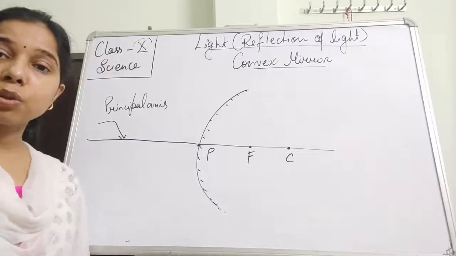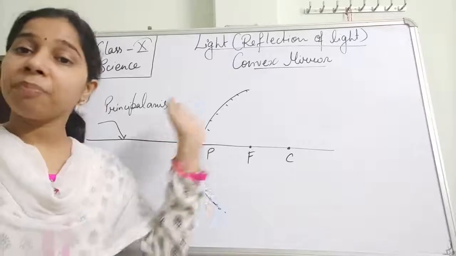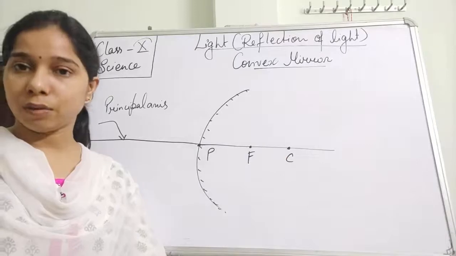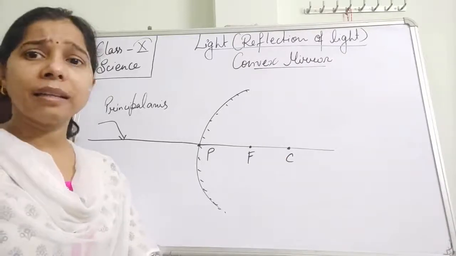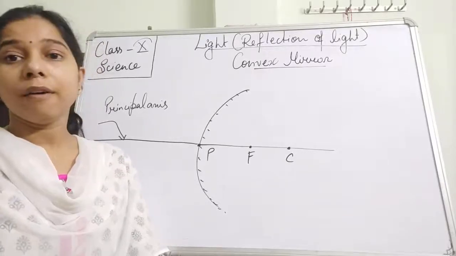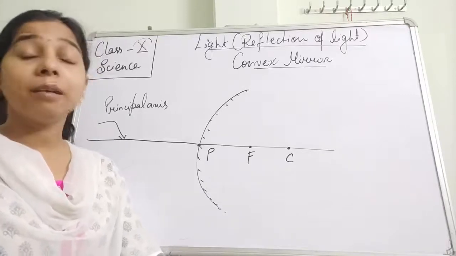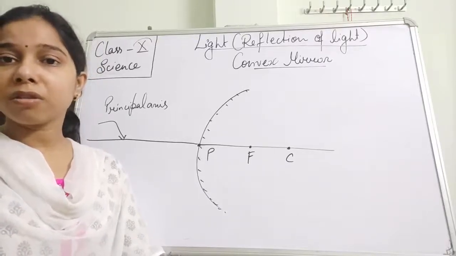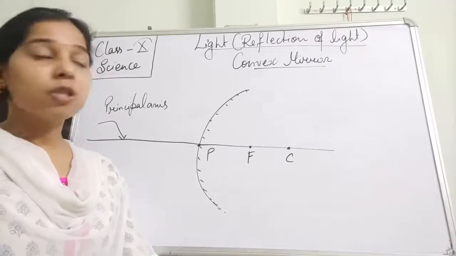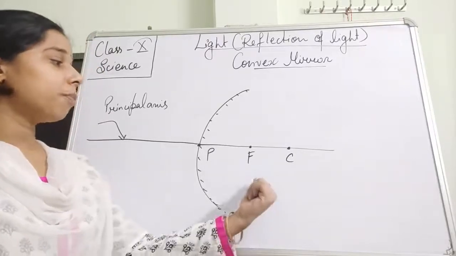One thing we have understood is that the focus is not on the left side but on the right side, and the center of curvature is also on the right side, that is, behind the mirror. Now your question will be, can a focus be behind the mirror? No, student, this is a virtual focus. This is not a real focus, as we have already discussed. Since nothing happens behind the mirror, because it is a polished surface, it only appears that the formation of the image is happening here. So this is about the convex mirror: center of curvature, pole, focus.